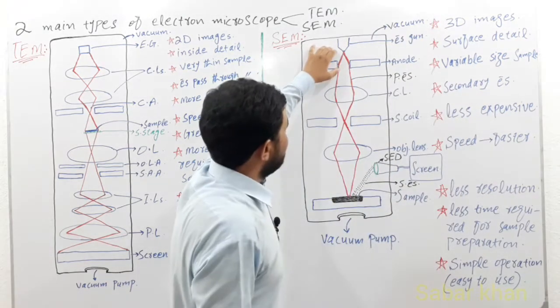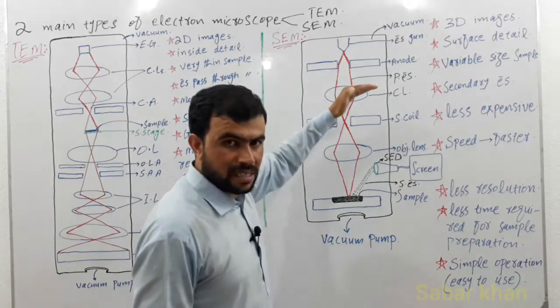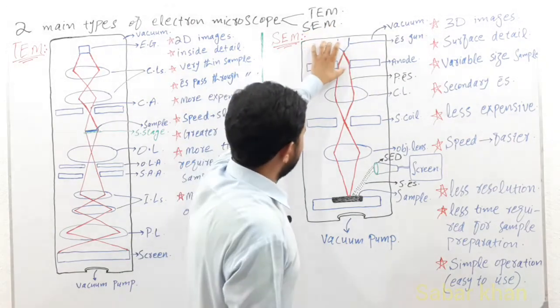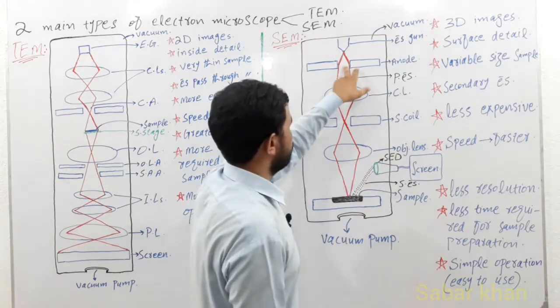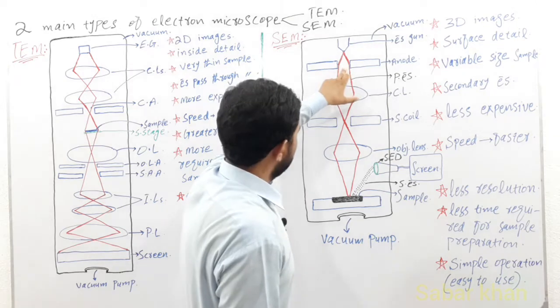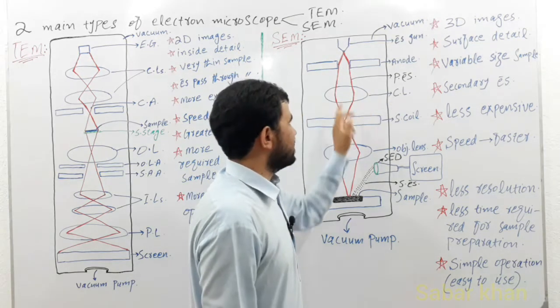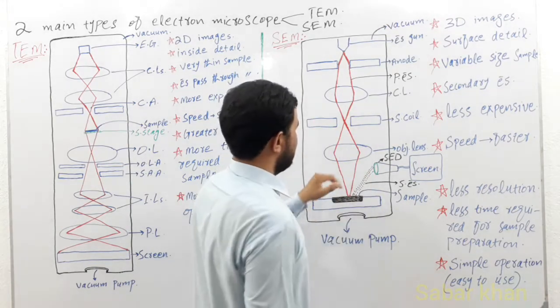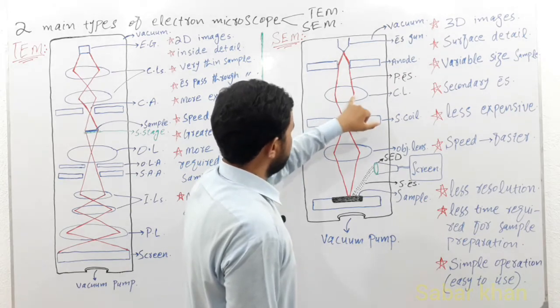When the electrons are emitted from the tungsten element or electron gun, this electron beam is accelerated by the anode, and this electron beam comes towards the condenser lens, which condenses the electron beam, and after that